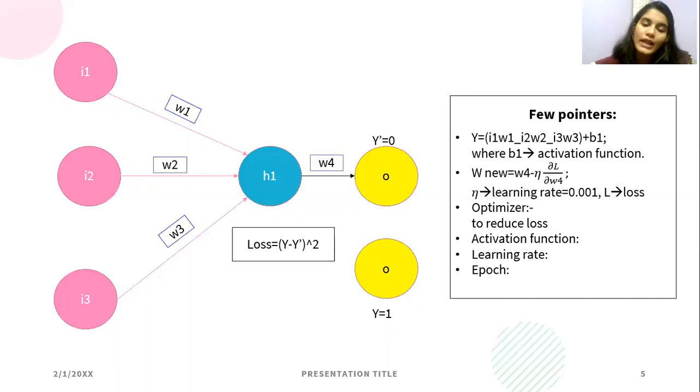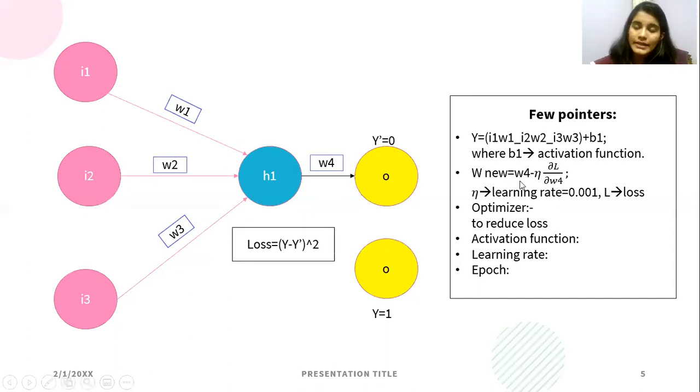Now, in order to reduce the loss value, we need to backpropagate. That is, we have to update these weights, and this again. So first we have to do it for W4. Now suppose W4 new is getting calculated, so we use this formula, that is W4 new equals W4 old minus eta, small n, into dou L by dou W4, the derivative of the loss with respect to W4.